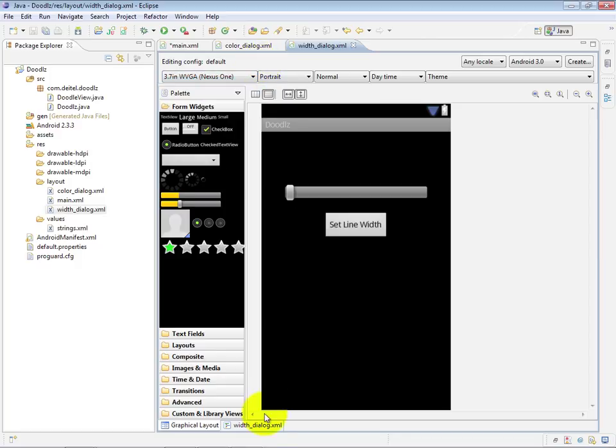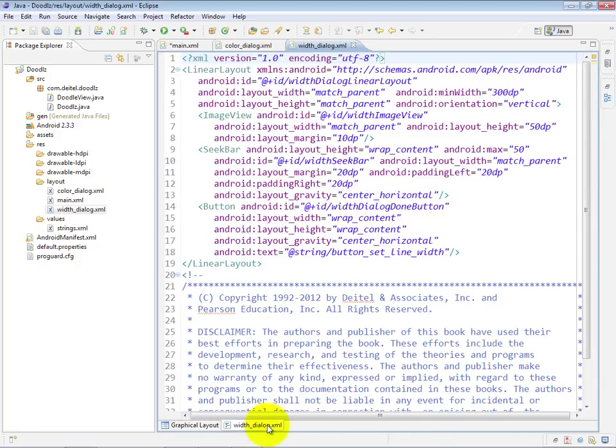However, for a lot of people, working directly in the XML is often a quicker way to work. Now the GUI design tools are much better than they were when Android was first released, and they're continually getting better and better as well,